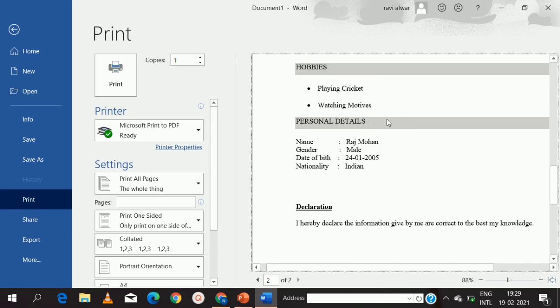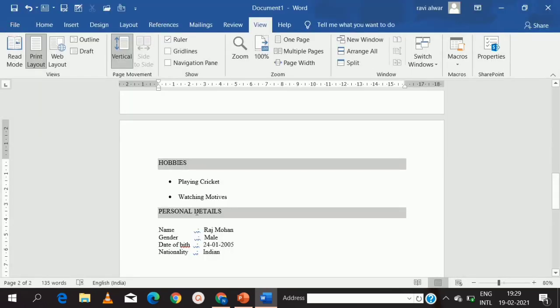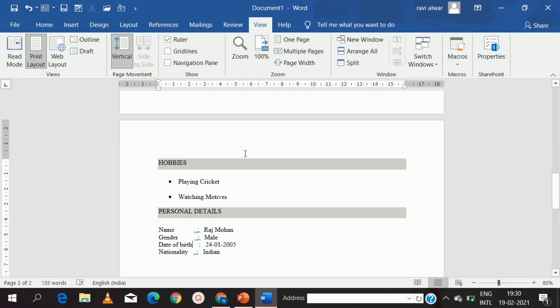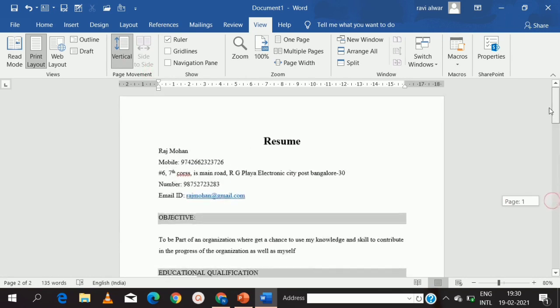But when you print, that red mark will not come. Only when you are in the document it will show you where there is a mistake. A spelling error you will get in a red mark, and if there is any grammar issue, you will get it in a blue mark. So I will go back, and I'm going to change this, right click, birth.